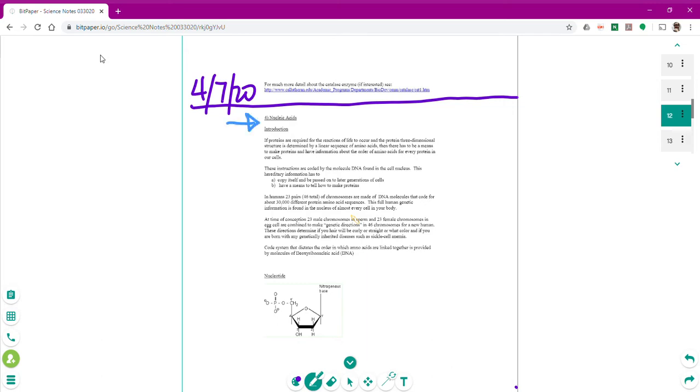There we go. If proteins are required for the reactions of life to occur and the protein three-dimensional structure is determined by a linear sequence of amino acids, then there has to be a means to make proteins and have information about the order of amino acids for every protein in our cells. Wait, what? Okay, so what that's saying is if proteins are super important, which we talked about last time that they are,